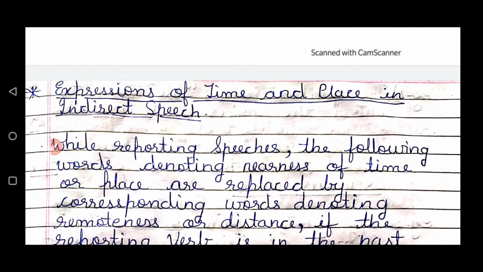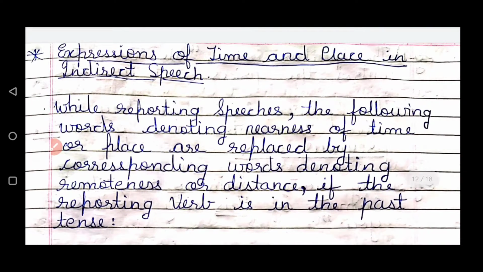एक्सप्रेशंस ऑफ टाइम एंड प्लेस इन इनडायरेक्ट स्पीच। अब टाइम और प्लेस का चेंजेस अगर हमको करना है तो इनडायरेक्ट स्पीच में हमें क्या क्या चीज़ें देखनी है। While reporting speeches, the following words denoting nearness of time or place are replaced by corresponding words denoting remoteness or distance if the reporting verb is in the past tense। यानी कि ये भी चेंजेस हम कब करेंगे, जब रिपोर्टेड वर्ब हमारा रिपोर्टिंग वर्ब हमारा पास्ट टेंस में होता है। रिपोर्टिंग वर्ब मतलब